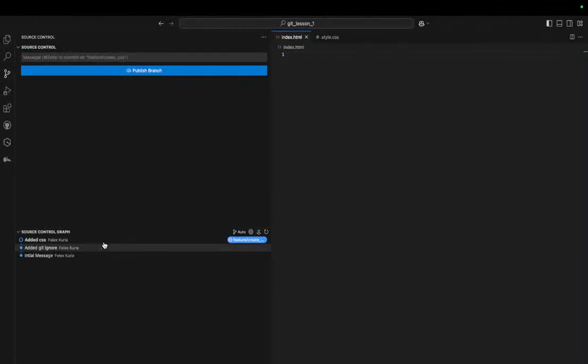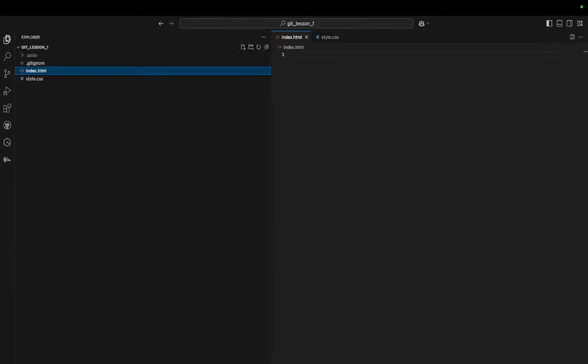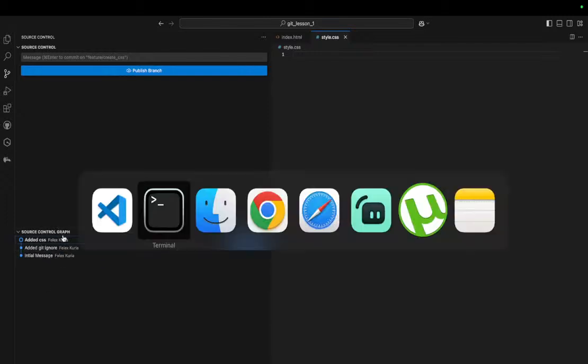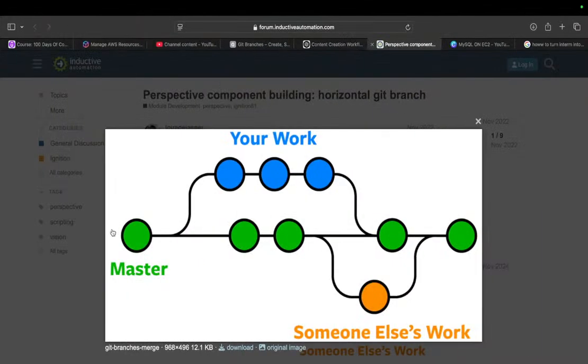If we go to our VS Code, now I think we are supposed to see the index HTML. Let's see. I think that can't work that way, because whatever we created in master didn't merge here, and the feature we were working on couldn't take the index.html. So the workflow is correct,